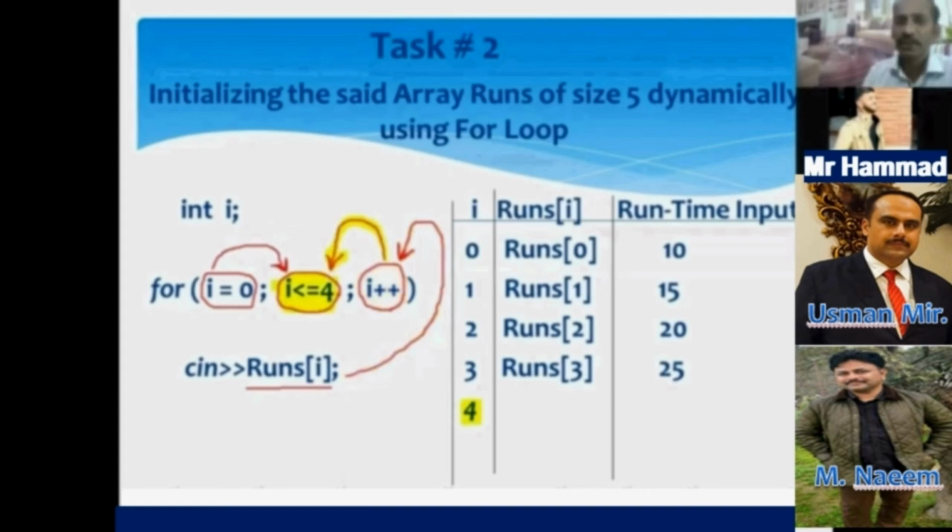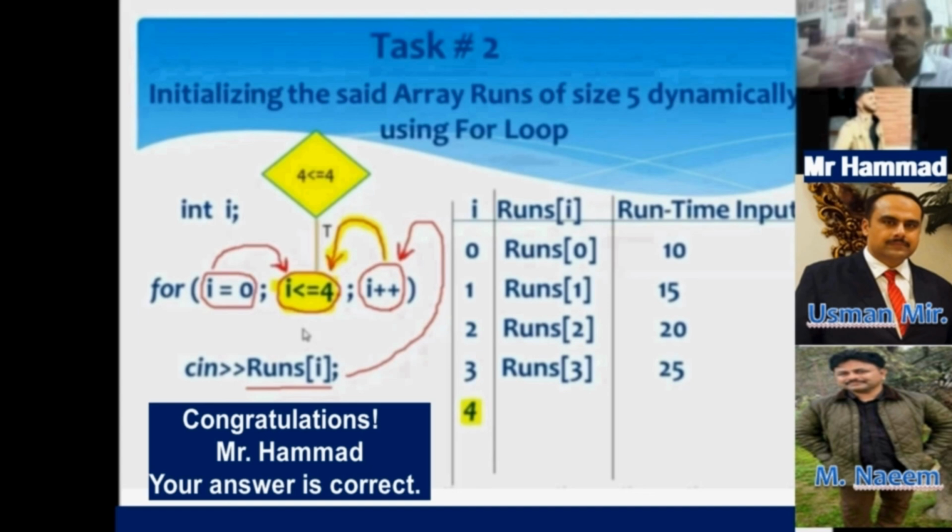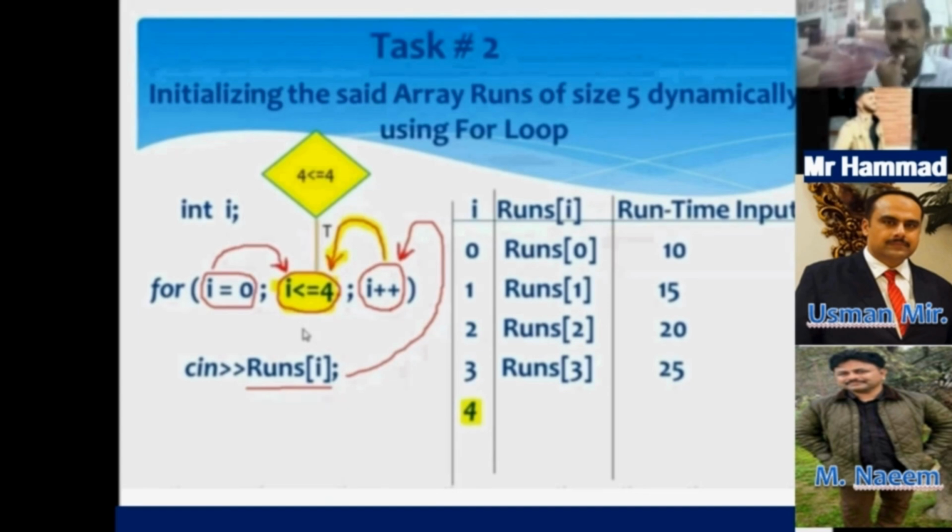Okay, condition statement. What is the current value of i? Sir, 4. Okay, put the current value of i, that one is 4, in the condition. What will the condition become? Sir, 4 less than or equal to 4. Okay, it will look like this. Tell me whether this condition is true or false. Sir, true. Yes, sir. After the execution of the condition statement, the control of execution will be shifted to which statement? Sir, for loop associated statement, which is scanf statement.